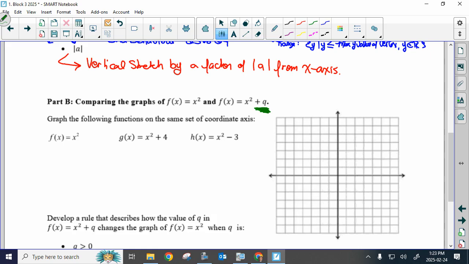So we've graphed this guy numerous times before: f of x is equal to x squared. Here's your most basic table of values. -2, -1, 0, 1, and 2. And I've got 4, 1, 0, 1, and 4. And when I plot this,